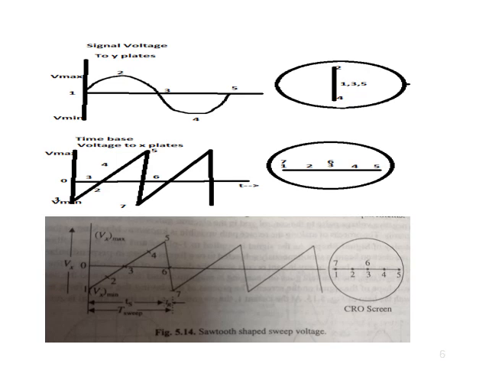And this, I have already explained: from 1 to 5 is sweep time, or it is known as tracing time, and from 5 to 7 is known as retrace time. This is called flyback, it is also known as flyback time. Okay. So it is the retrace path or retrace time.